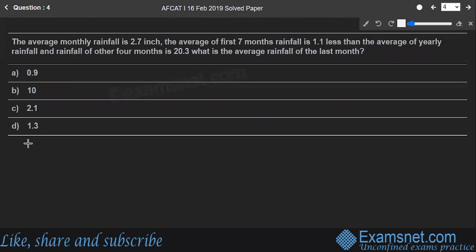The average monthly rainfall is 2.7 inch. The average of first 7-month rainfall is this, less than the average of yearly rainfall, and rainfall of other 4 months is 20.3. What is the average rainfall of the last month? Okay. Now, the question is, let's write it down. You have total rainfall of 12 months. This has got to be 2.7 into 12, because the average monthly rainfall is 2.7 inches. So the total rainfall in 12 months has got to be 2.7 into 12, which comes out to be